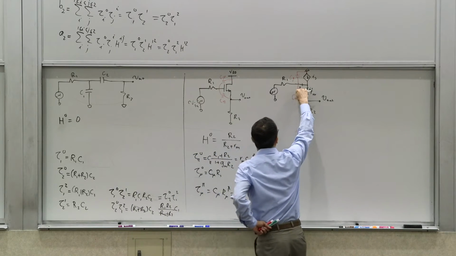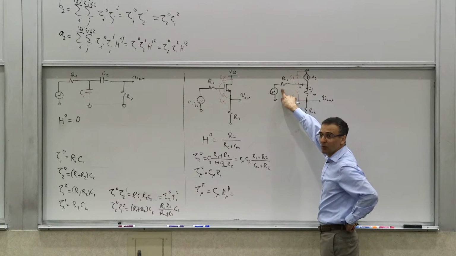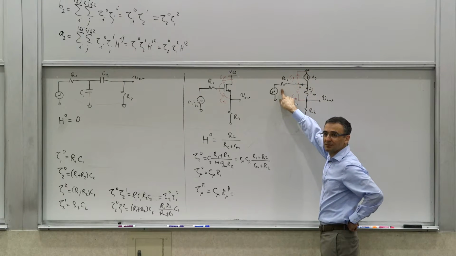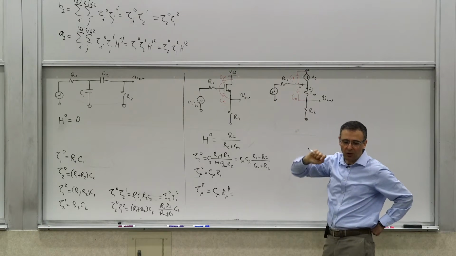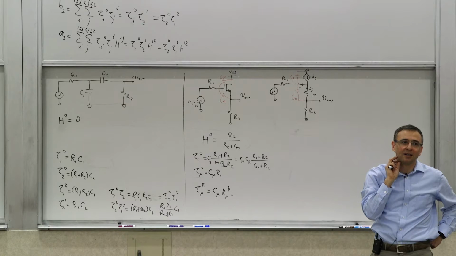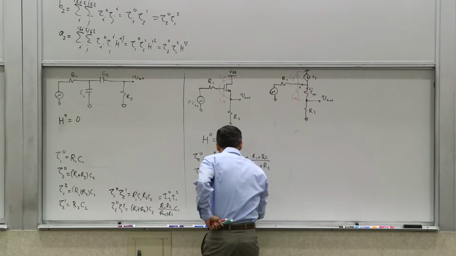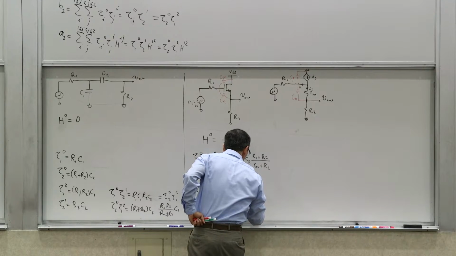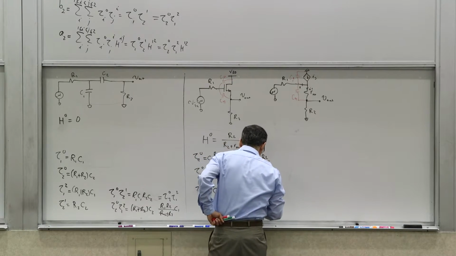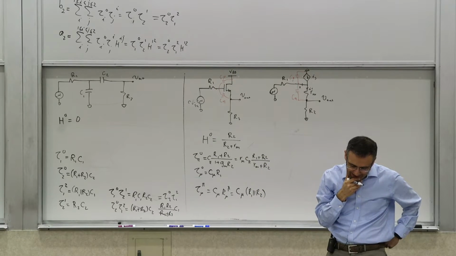R1, right? When you short circuit this one, the resistance seen across here is R1, right? So is that all you see when you short circuit C pi? Parallel R2, right? Yeah. So it's going to be C mu times R1 parallel R2. Okay. And then